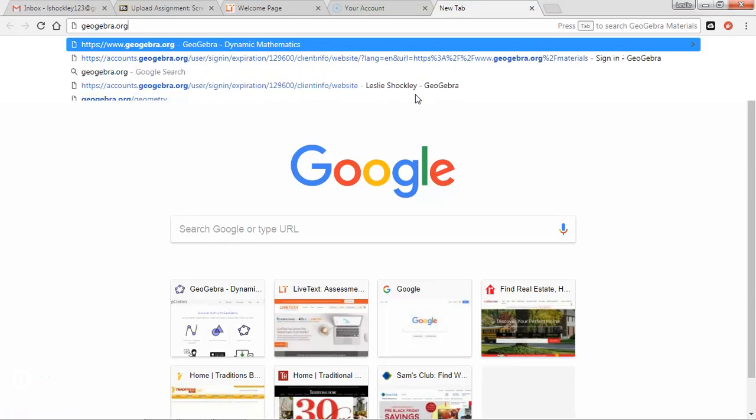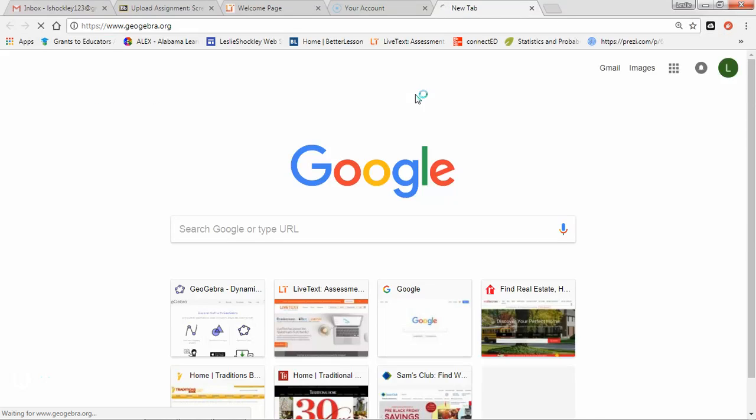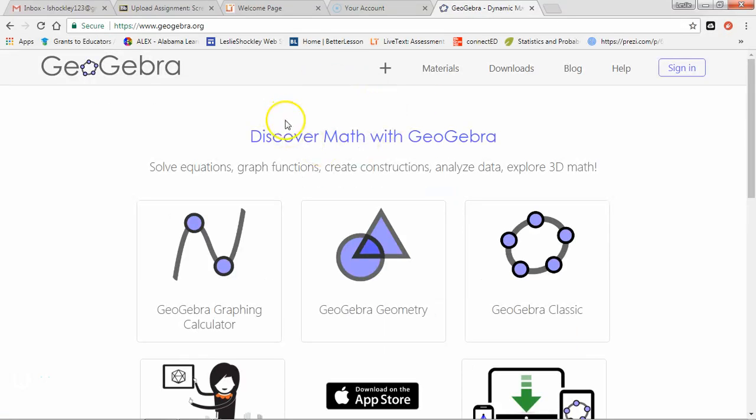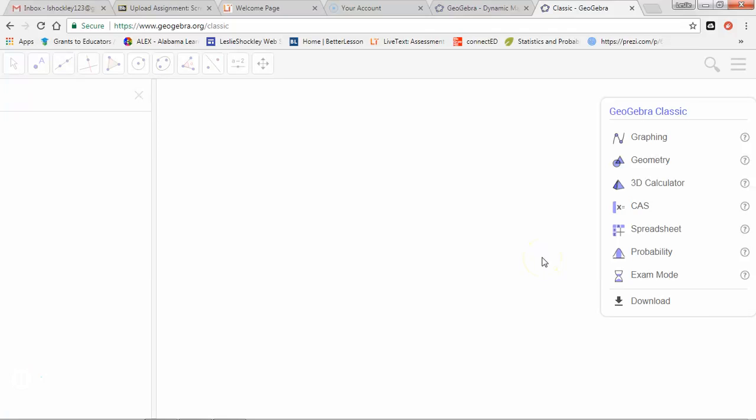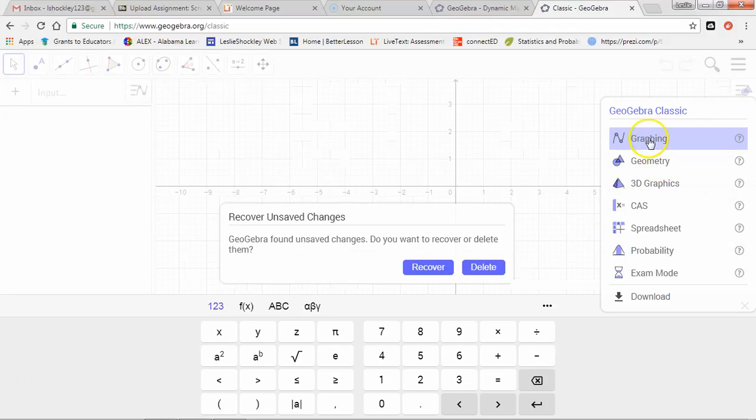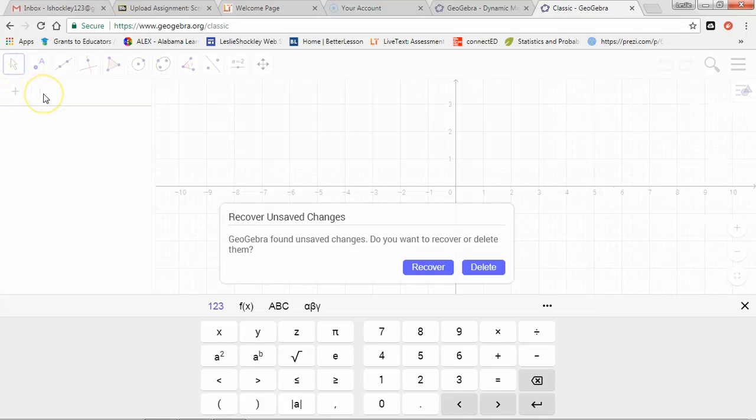Geogebra is located at geogebra.org, and it is a mathematical software that can be used as a graphing calculator. Students can use it to create geometrical figures. In the classic version, we'll look at that first. In the classic version, you can actually do everything that Geogebra has to offer. So you can do geometric shapes as well as graphing functions. So this would be a good place to start, just to explore, because you can,